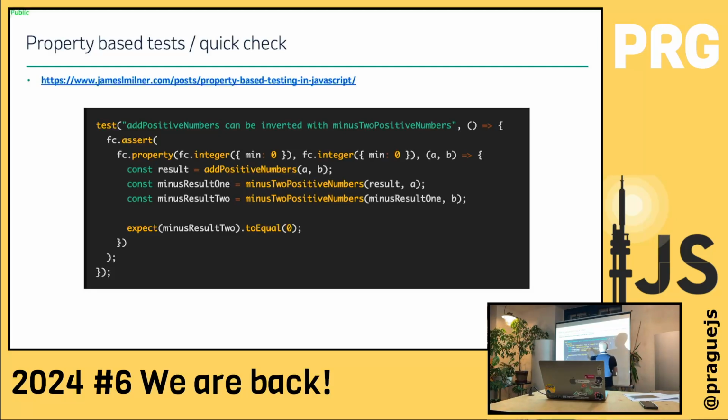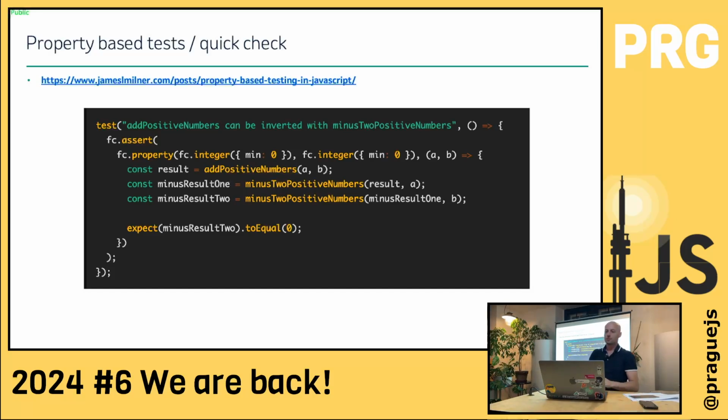For example, here you add the numbers, you take the result, and with another method you do result minus b, which gives a. On the second you say, okay, b minus b is actually 0. And then you can run this with 1,000 or 10,000 iterations, and it will find a mistake for you, for example that it will break with the biggest integer in JavaScript or something like that. Then it would find the edges for you.